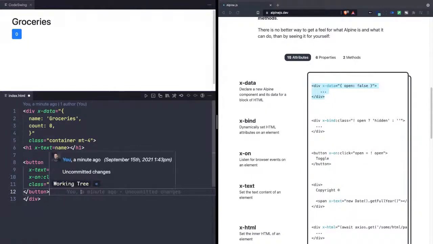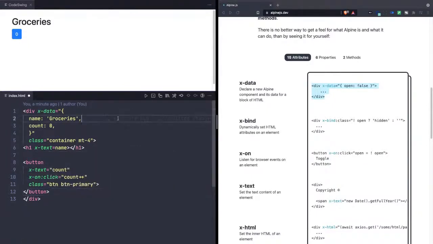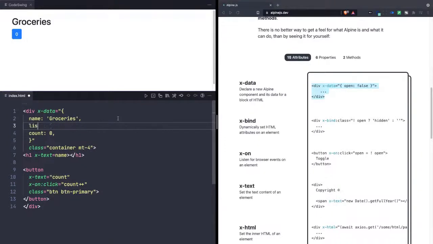So let's say that I wanted to create a list of items. So in addition to this, I can just create an array right here, right? And this array can just have, let's go ahead and initialize it with an element, right? And what we can do is go ahead, I'm going to add an unordered list here with a class of list-group,